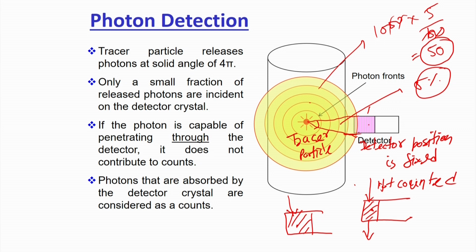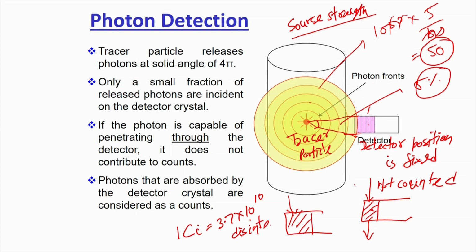So the first job, if I want to calculate, is to know my source strength. And why do I need the source strength? As I said, the source strength tells how many photons or gamma rays it will emit per disintegration. Say my source strength is 1 Curie, 1 Ci, it is going to emit 3.7 into 10 to the power 10 disintegrations per second. It means that if 1 Curie is the source strength, it is going to emit this many photon counts per